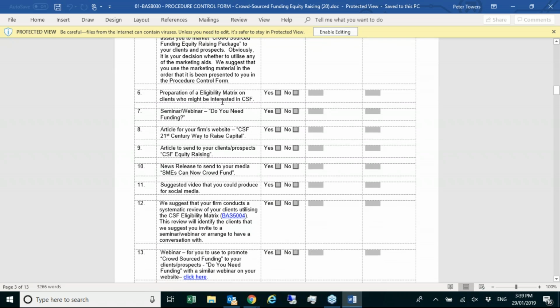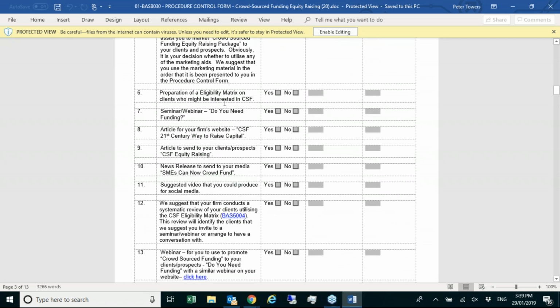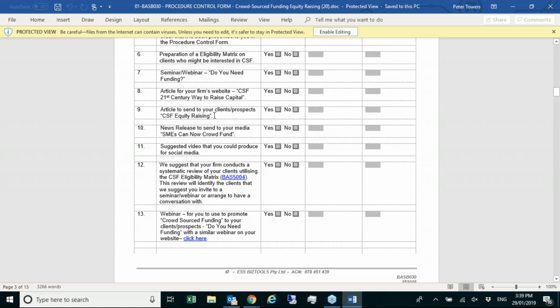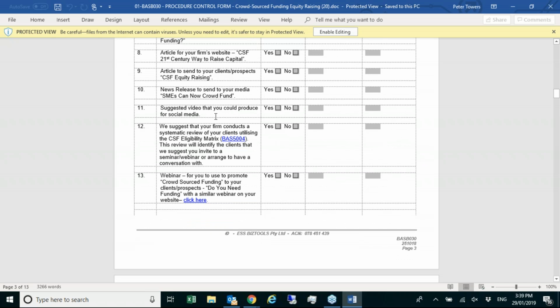Then there's a summary of the marketing material. So we've tried to think of everything. We have an eligibility matrix, which I'll show you in a moment. Then we have a seminar, webinar that's prepared, and we have an article you might put on your website, an article you might send to clients, a news release that you could send to the